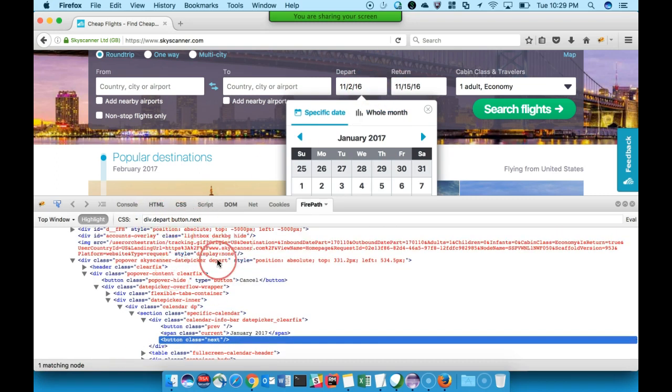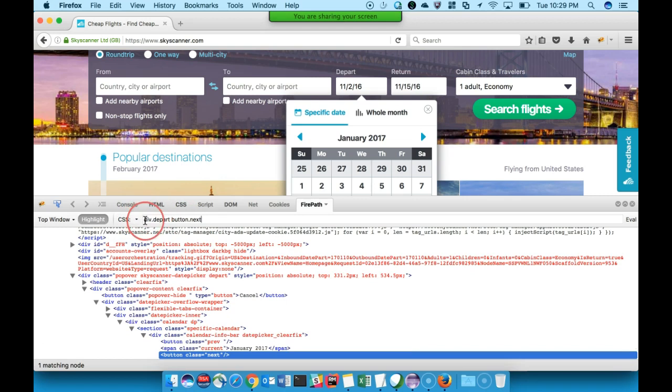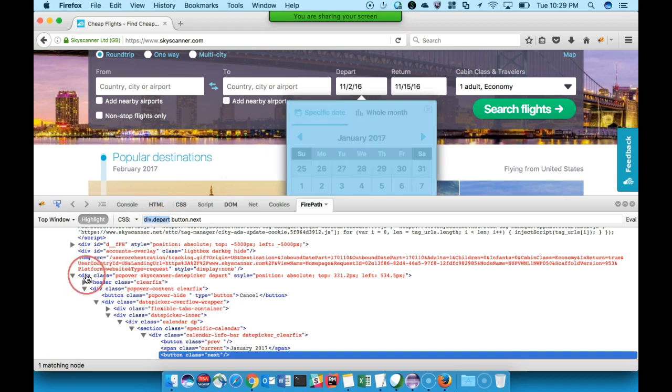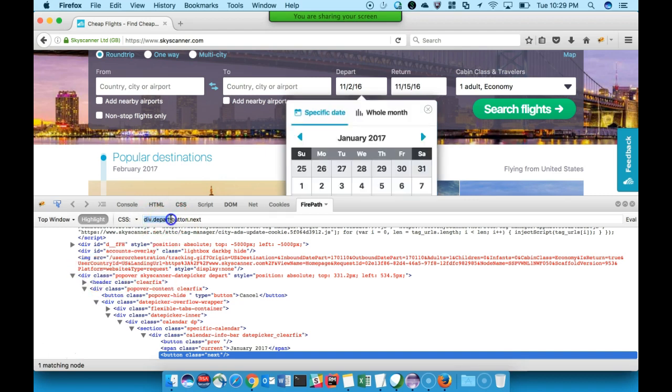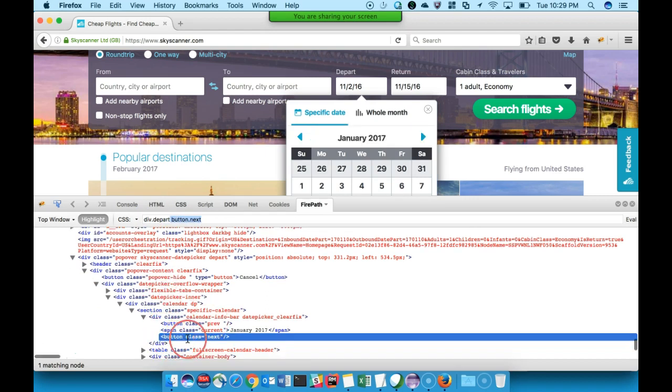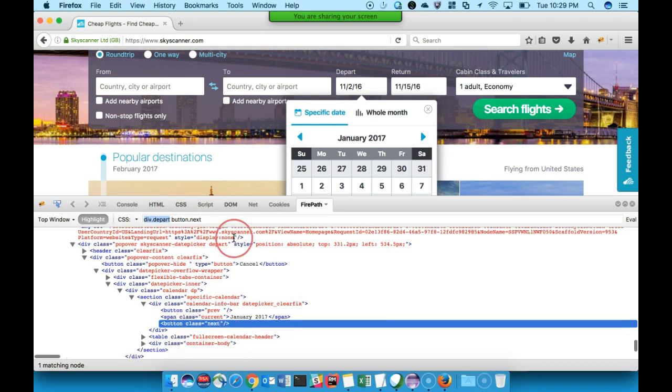And you can go through the CSS selector session which you can refer to in the previous videos. Over here we are starting with a parent, so this particular CSS refers to the parent over here, and after a space, another CSS selector we are using for this particular button. So if there is a space in between two tags, it finds the second tag which is inside the first tag. So over here we are getting the next button.